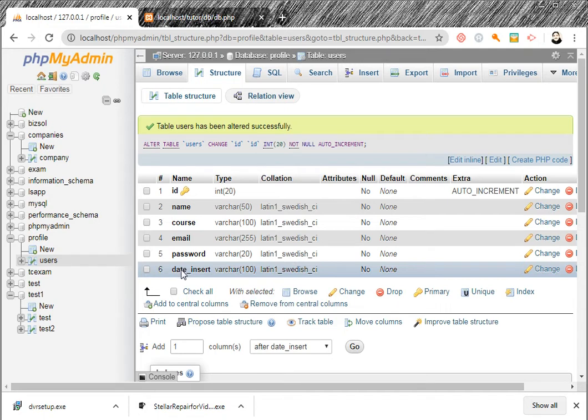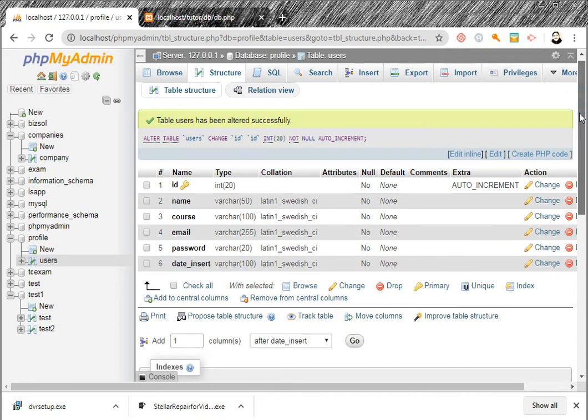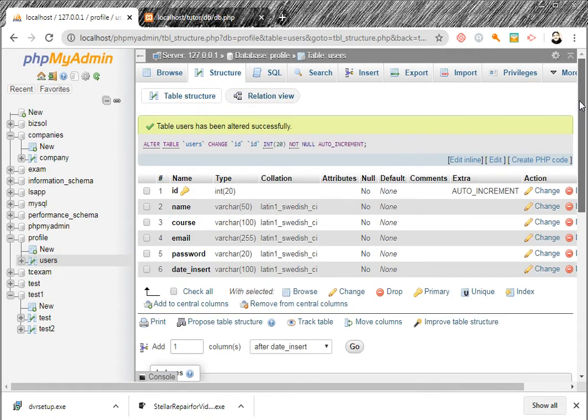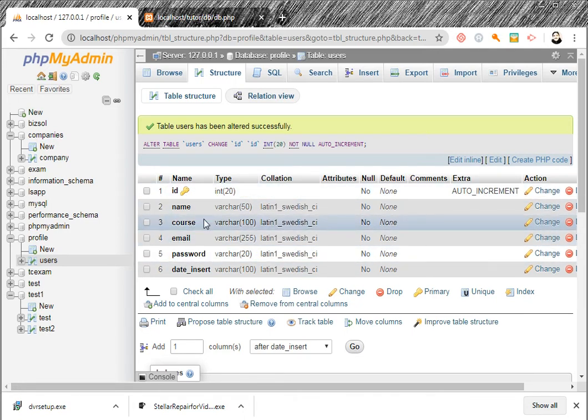We can add more columns from here, after insert date, or after name, or after course, after email. We can insert and press go. We can insert the columns later. Now we have this table ready, and we will use it in the users class.